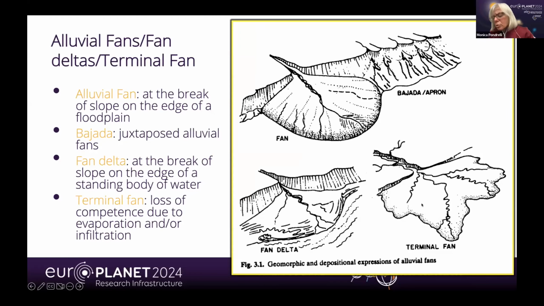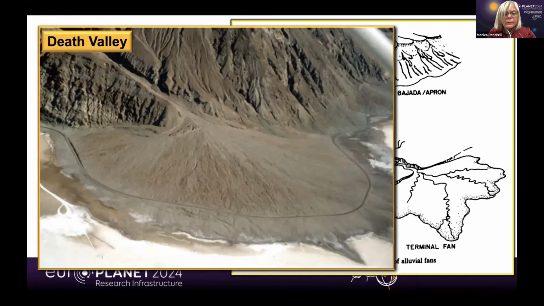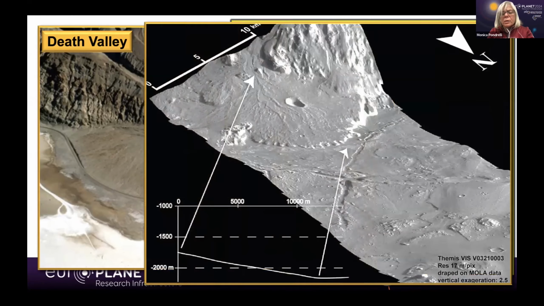This is, of course, typical of arid climate, when water leaves the system, again by evaporation or infiltration, and you have deposition because of that. This is an example of an alluvial fan on Earth, and this is an alluvial fan on Mars. This is